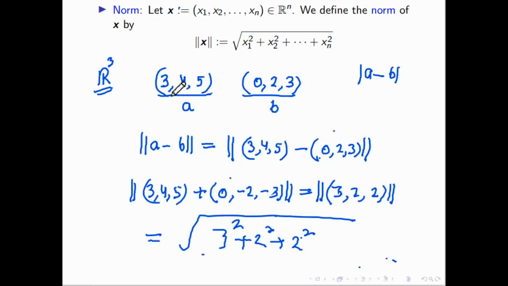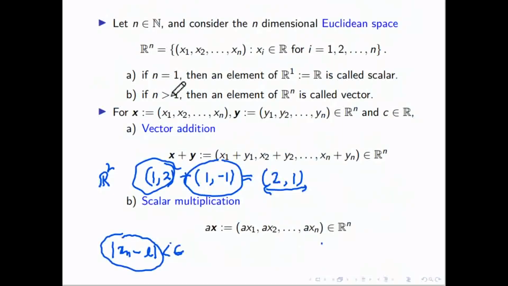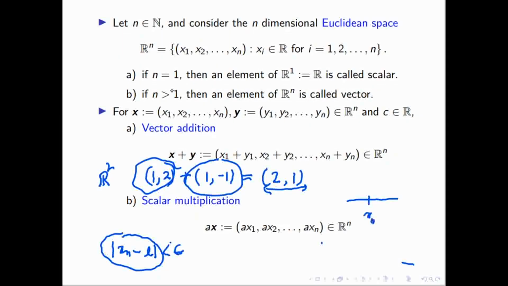Now the next one is, suppose an interval is given. One interval I am writing around the point x naught. This is the point x naught, this is x naught plus delta, and this is x naught minus delta. So the interval will look like x naught minus delta to x naught plus delta. So this is the interval around the point x naught with equal distance delta on both sides. This is in R. Suppose we are in R2, then how would this interval look? What will be the alternate of this in R2 or R3, even in Rn?